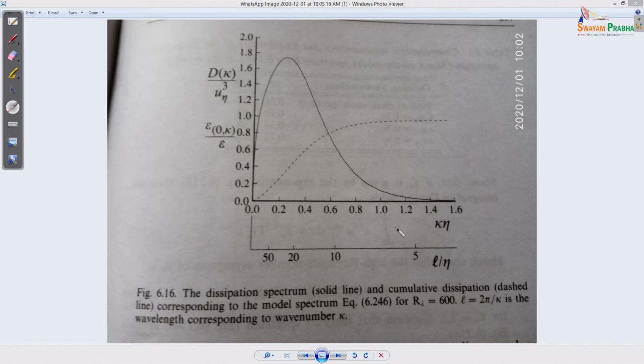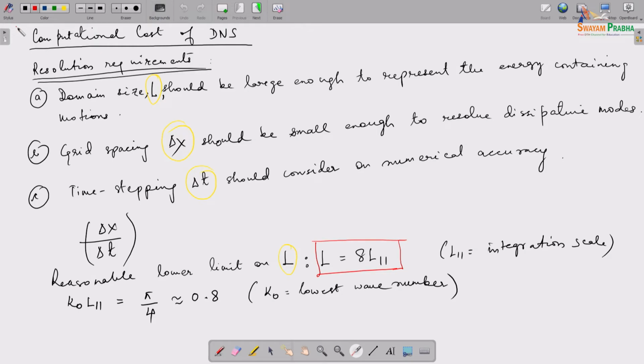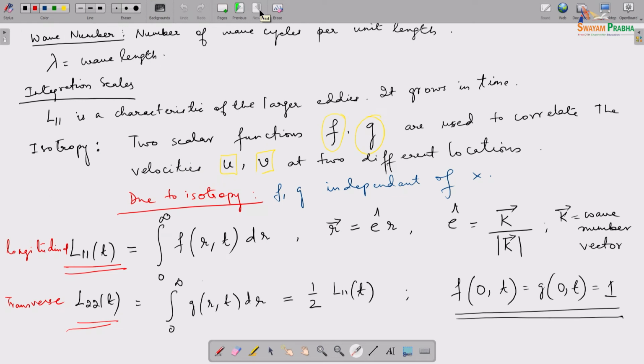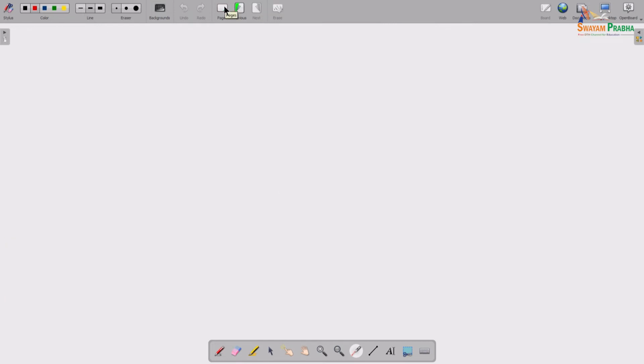Now let me just go back here and talk about this a little bit. We've talked about the integral length scales. Like we said, the resolution of the dissipative modes, which are the smaller modes. For this particular length scale, you remember we devised specific length, velocity and time, and that was exactly the Kolmogorov scales. So resolution